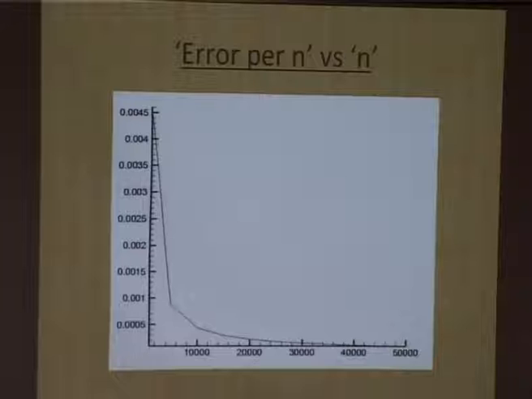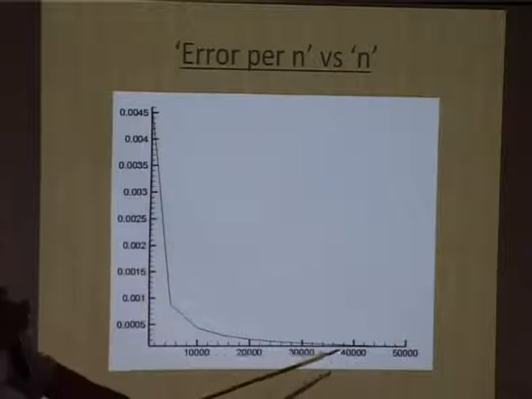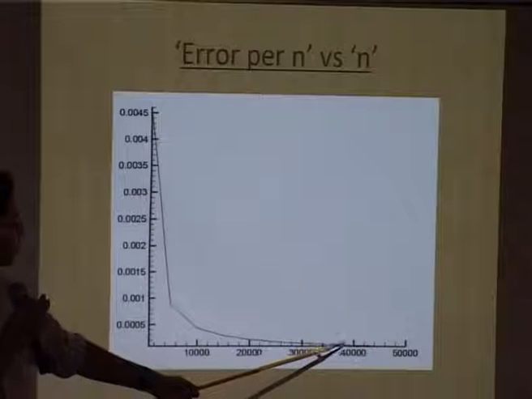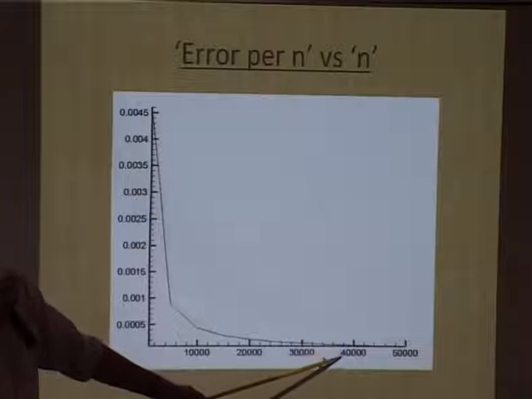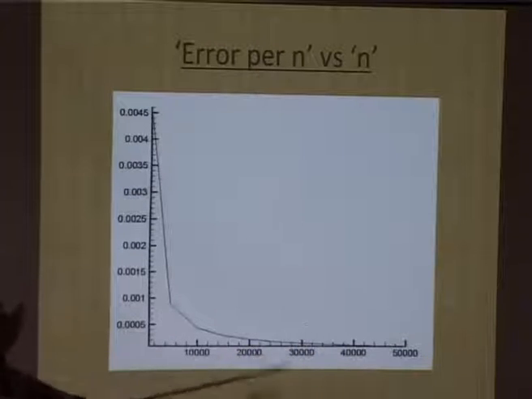Now, one important thing using this graph is we can use it to determine what should be our number of grid points to be employed, or rather what should be our grid size. As you can see, as we go on increasing the number of grid points, the error per n decreases, and so this can give us an estimate of how many grid points we can employ to get as close to the exact solution as possible. That is provided you take h as the same, provided the spacing is uniform.